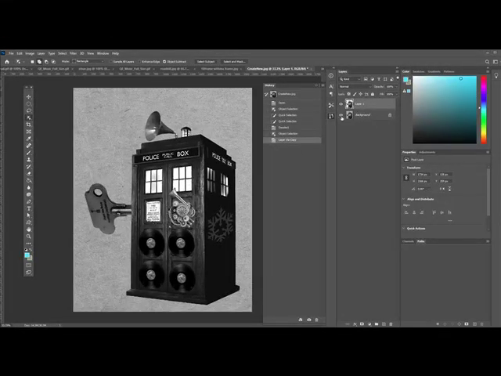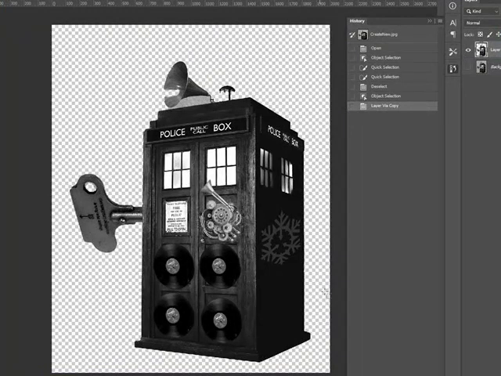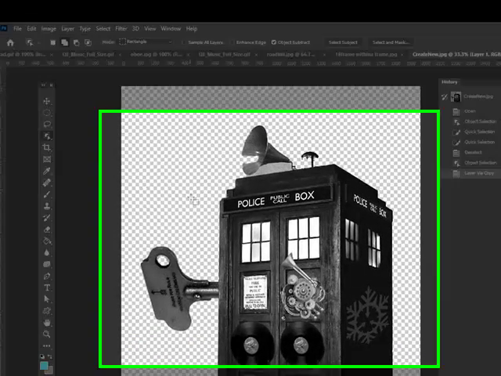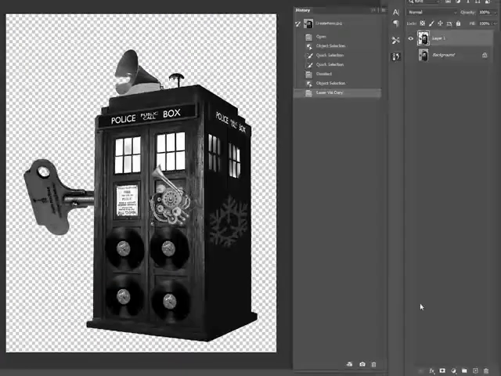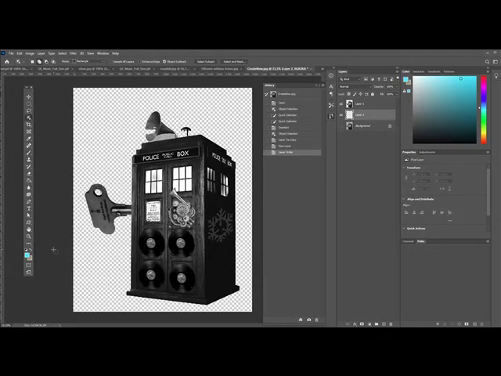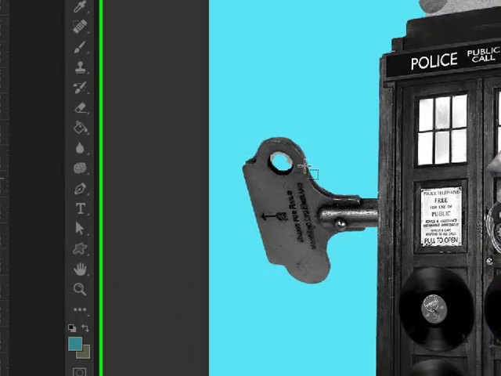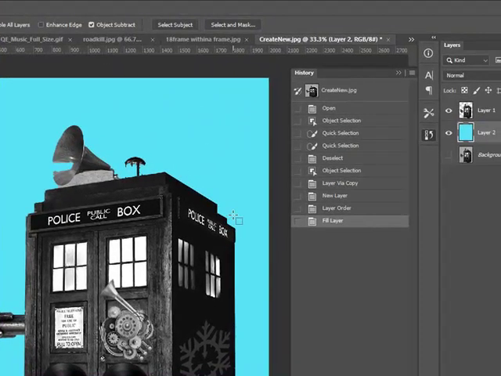You can't really tell because the background's still there. I'm going to turn off the background, and now you can see how it is transparent. Sometimes when I'm checking your selections, and if your background's transparent, I actually will add a layer, and I'll put it below, and I'll fill it with a color, any color, Alt Backspace, keyboard shortcut, so that I can look at the edges of your selections, just to let you know. Now,